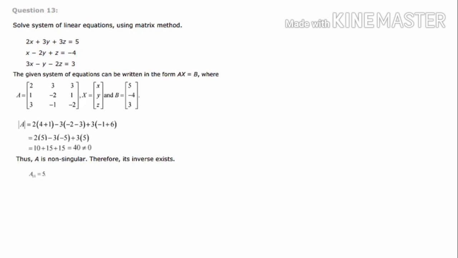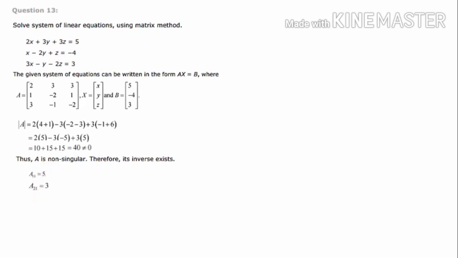Let's go for calculating the adjoint of A. For that we first have to calculate the cofactors of each element. First we are going to calculate A11, the cofactor of the element 2, the first row first element. First row first element is 2, that row and column are gone. Minus 2 into minus 2, that is plus 4, minus of minus, that is 2 minuses together make plus, 1 into 1 is 1. So 4 plus 1 is 5. Here 1 plus 1, that is 2. 2 is an even number, so the outside sign is plus. So the final answer is 5.